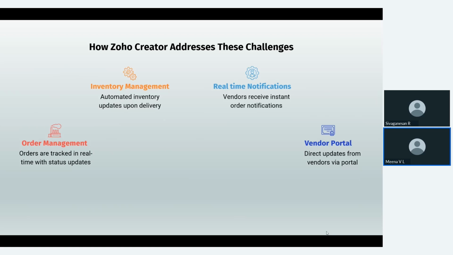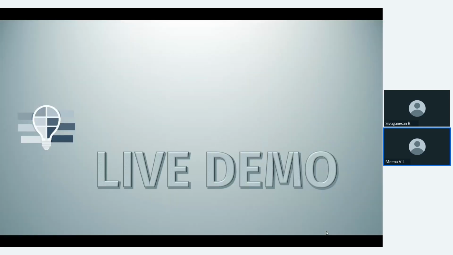So as we said earlier, once you get the delivery, you will have the stocks updated automatically in your inventory. You need not go and create a purchase receipt, you need not go and create a bill separately, manually. It can all be automated, and you will have all the inventories updated on time as and when you receive the goods. Also, you can get notifications instantly when a vendor says that he will not be able to process this purchase order. We have all the possibilities of setting up workflows and approvals within Zoho Creator, so that you can have emails and SMS triggered on time to update you on the progress of each of the orders, right? So now let's get into the live demo.